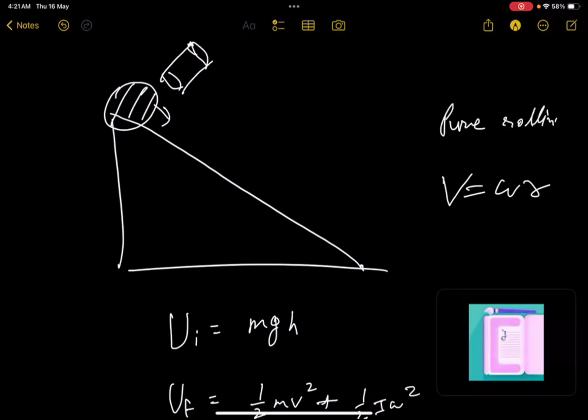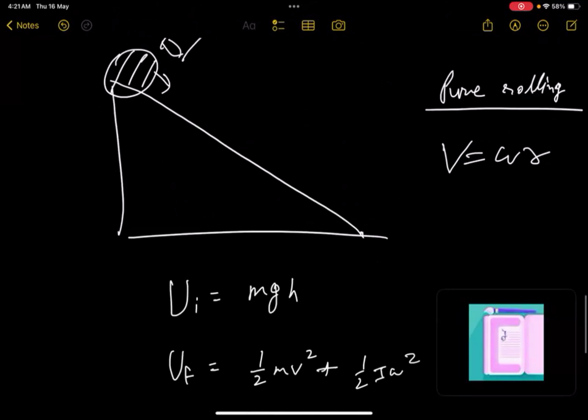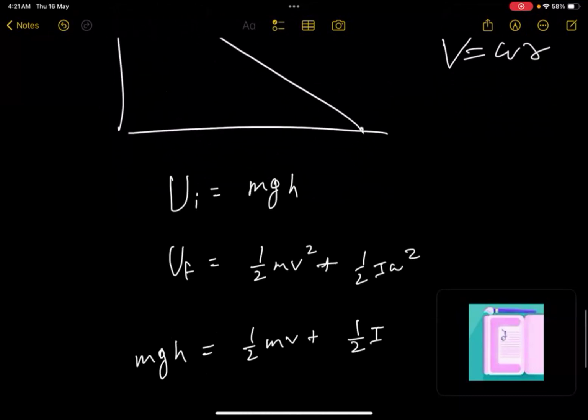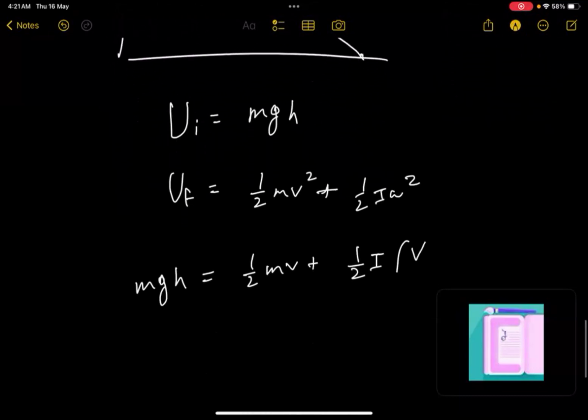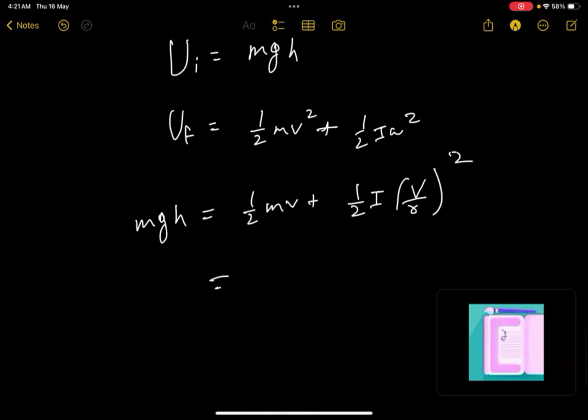Do you know this thing? That means there is no slipping. And v equals omega r. So omega can be replaced using v equals omega r. So omega equals v by r, right? So (v by r) whole square. And now 1 by 2 mv square